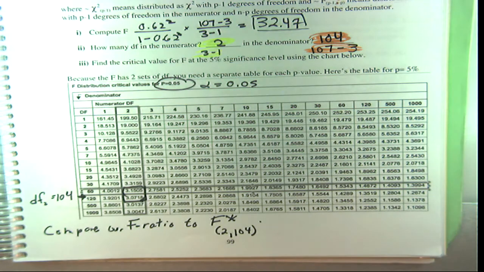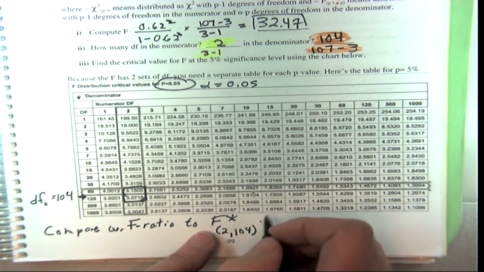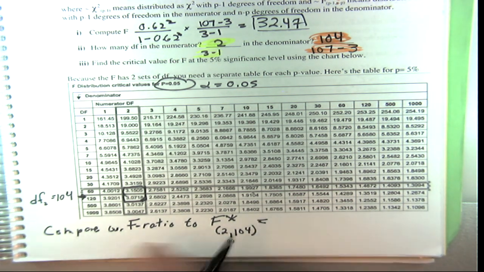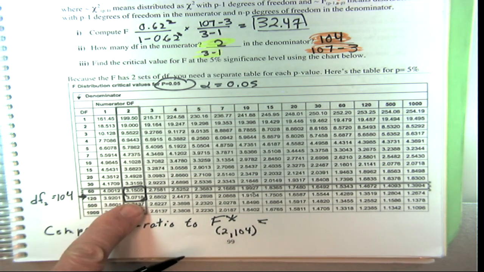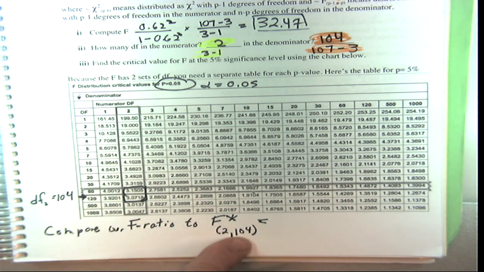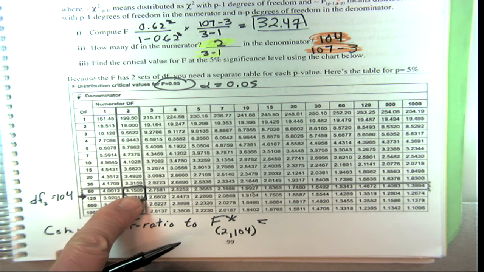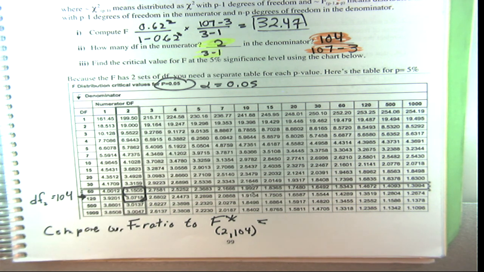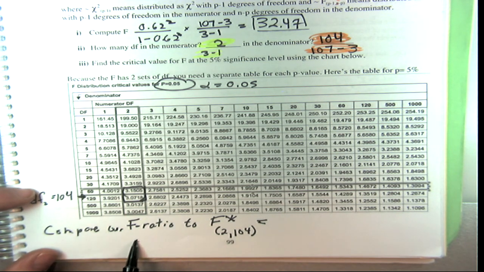And that, yeah, I don't know why that happened. Hold on. Okay. And that is equal to what? Well, do you think it's, okay, so the critical value at alpha equals, it's going to be, see, it's going to get smaller and smaller and smaller. Should we see what it is? Let's go look. Anyway, we're going to compare our F ratio, which is